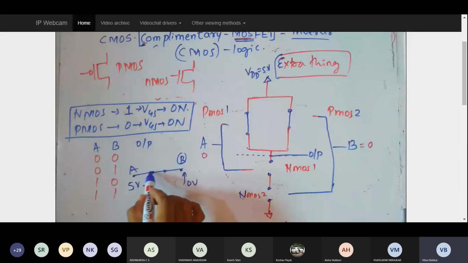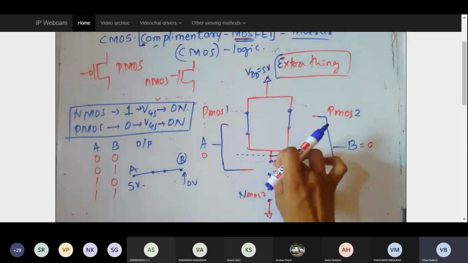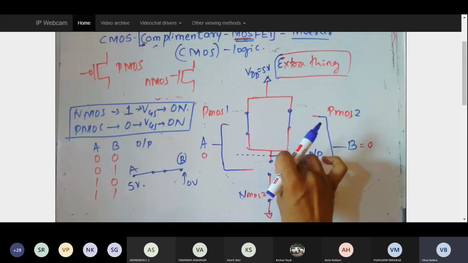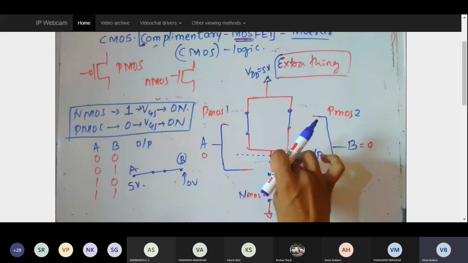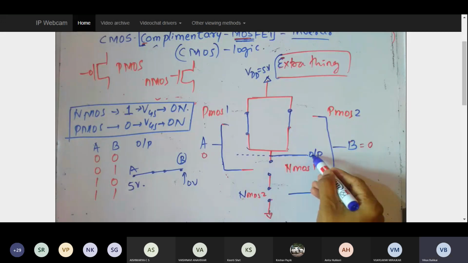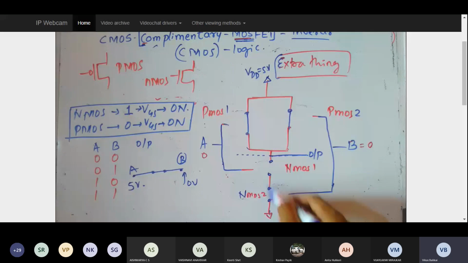So the same thing is over here. The wire is broken here. Why do I represent the wire as broken here? Because the channel has not been created. If the channel is not created, no current passes through this MOSFET and this MOSFET. As you can see clearly, there is an open path. And how do you expect the output is 0? For it to be 0, it must be connected down to ground, but it is not connected to ground at all. But then what will be the output now? Where is it connected? Output is connected to where now?